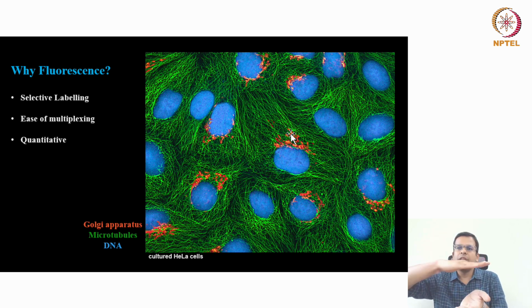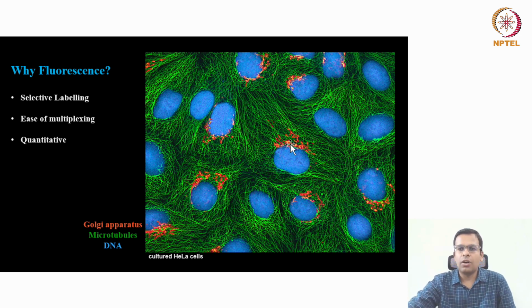So if you just take the middle section of the image or of the cell, you may not see all the mitochondria. So what you have to do is you have to do multiple images throughout the cell, and you have to merge all those images to see all the mitochondria present in the cell. So this kind of image requires Z stacking also. So that is the third dimension.